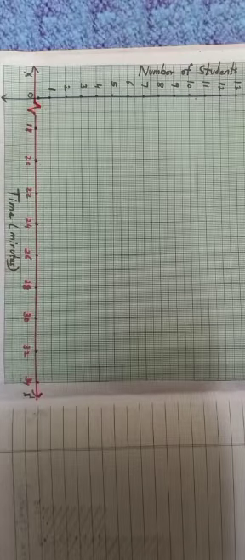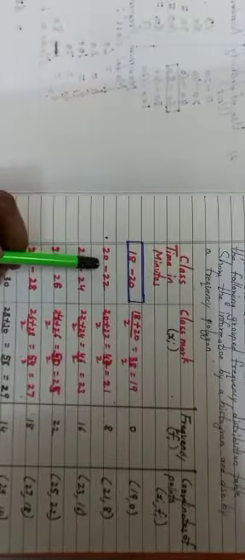Now you have to consider the scale. See, when we completed this frequency distribution table, what did I tell you? That this is the first class according to the question. But preceding the first class, one more class should be taken with frequency 0. And succeeding the last class, 30 to 32, you have to take one more class. So this will become the last class now. And that frequency also should be 0.